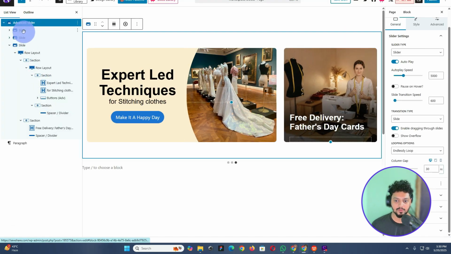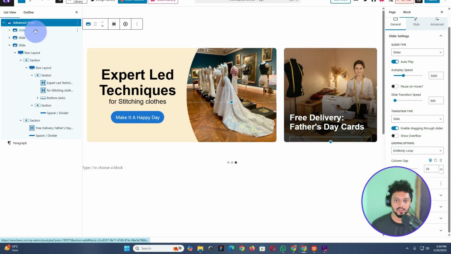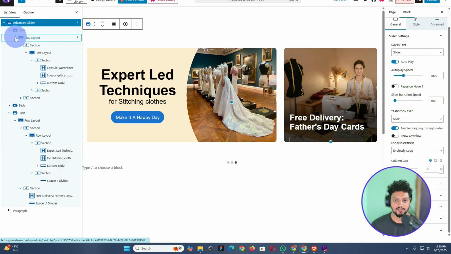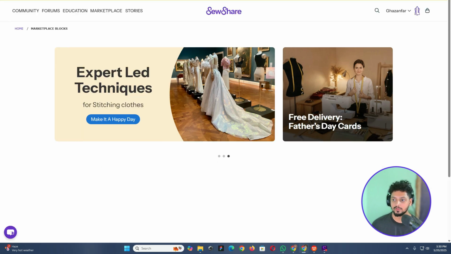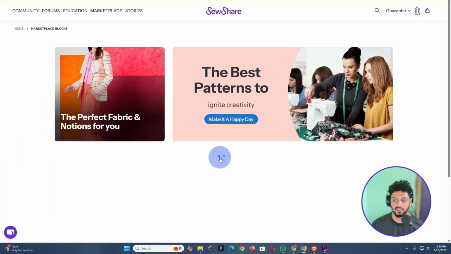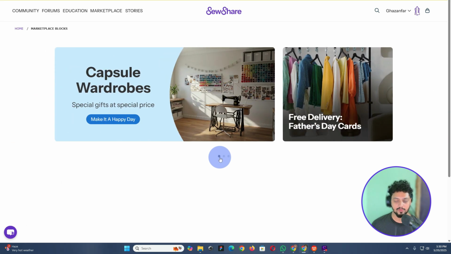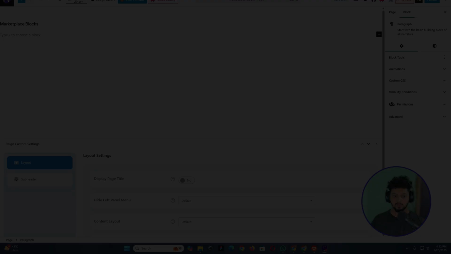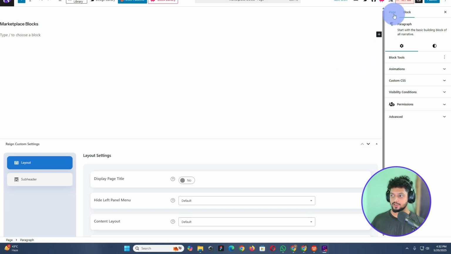Here you can see I have only used the Kadence block. I have utilized the Kadence Advanced Slider, and then inside the slider I have utilized the row layouts, and then a lot of sections and images and some CSS. If you want to learn how you can create this kind of slider inside Kadence, then without further ado, let's get started. So the first thing that you have to do is to make sure that you have